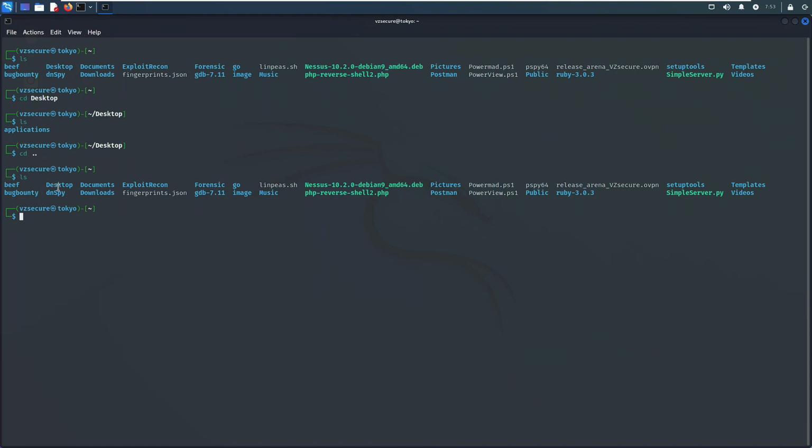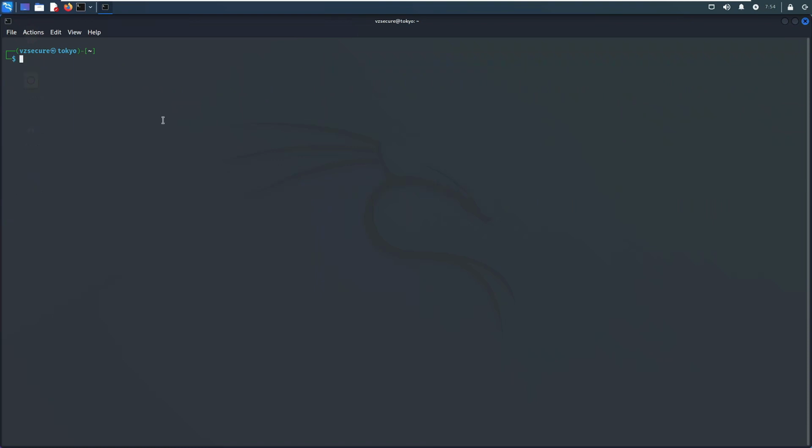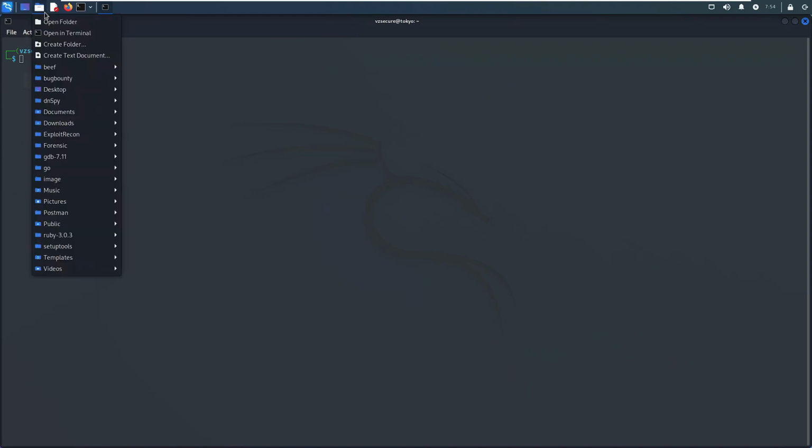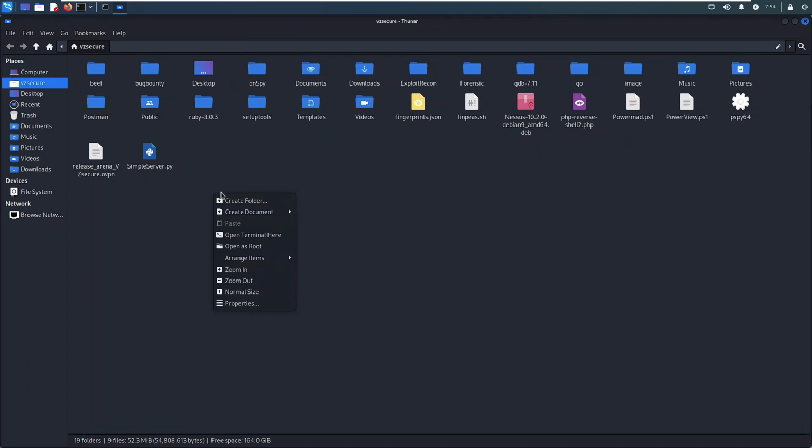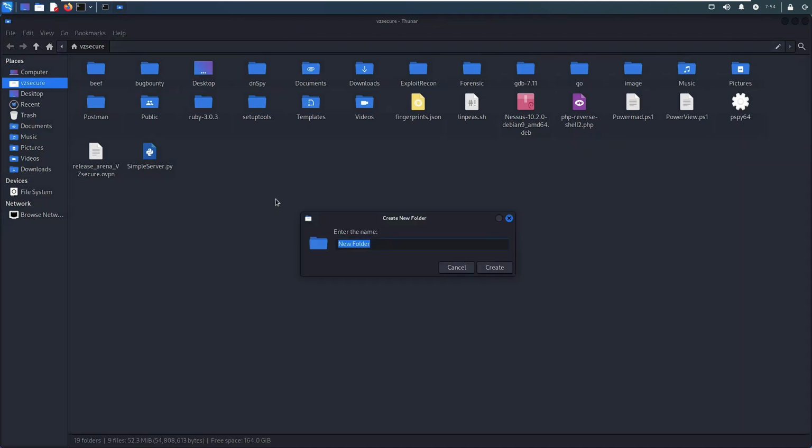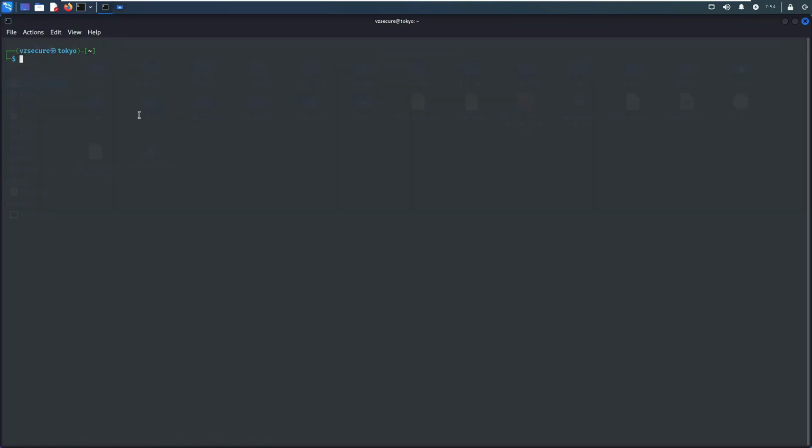Here we can see that we again came back to the previous directory where we were. Now let's talk about creating directories. In Windows, it is simple to create directories like folders. But in Linux, we can create a directory through the GUI by going into Files and simply creating folders. If we want to do it in the CLI, the simple command is mkdir, which is used for make